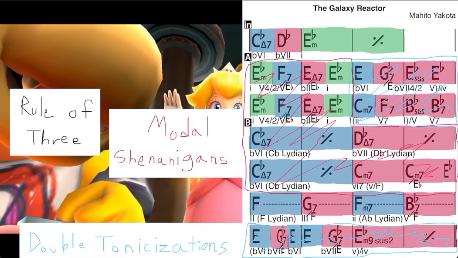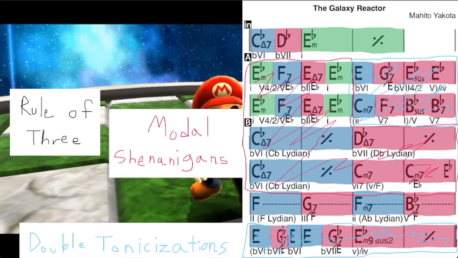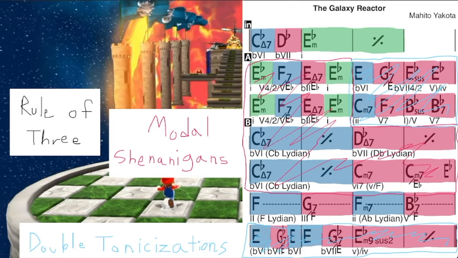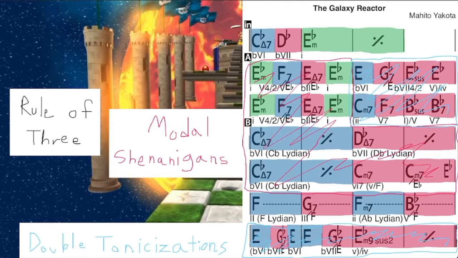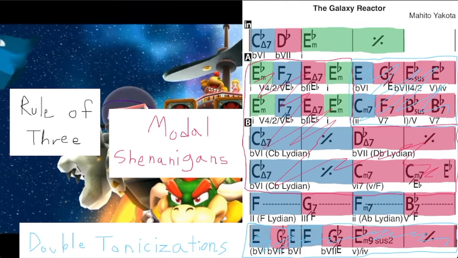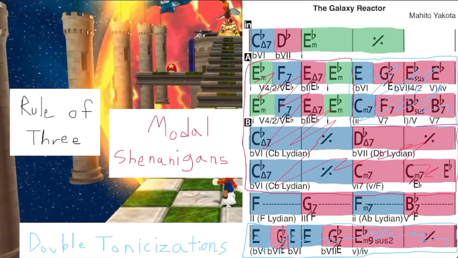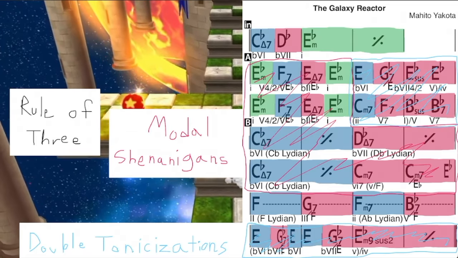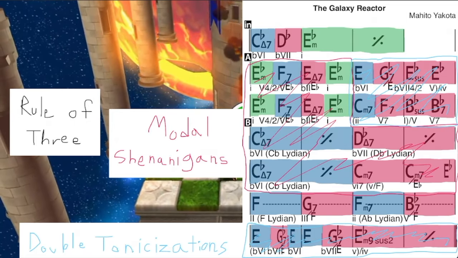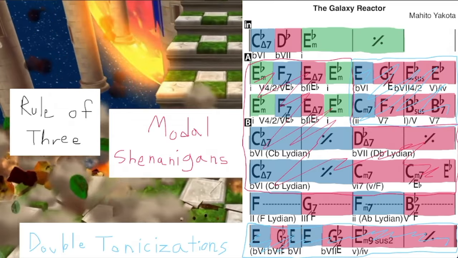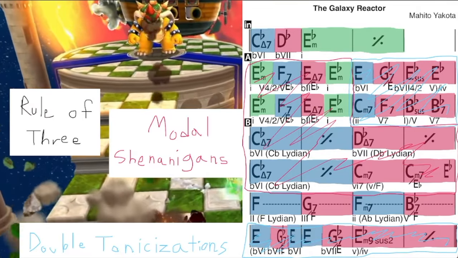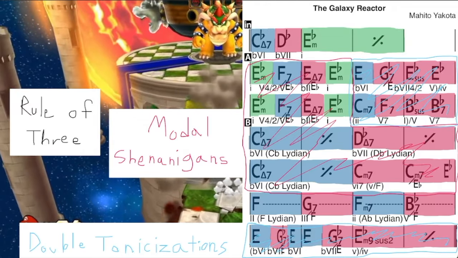Now, these things that are poorly drawn over here are double tonicizations. And these double tonicizations make up the piece at the end and also these secondary pieces, right? And also,